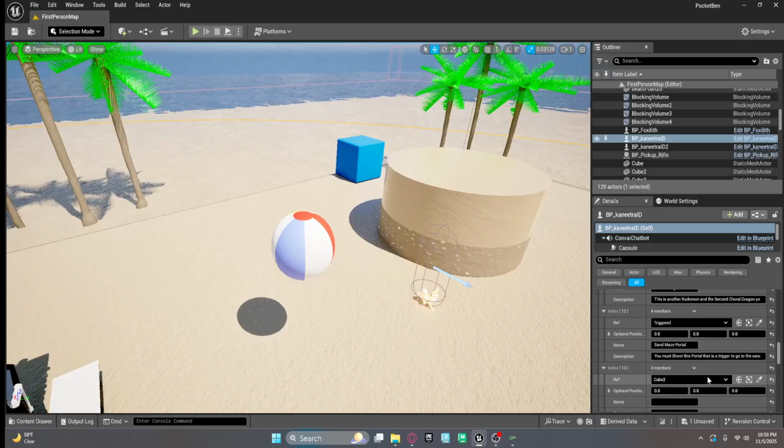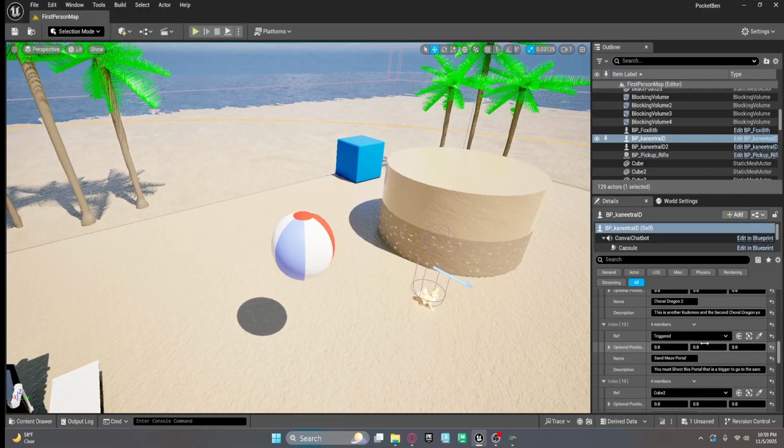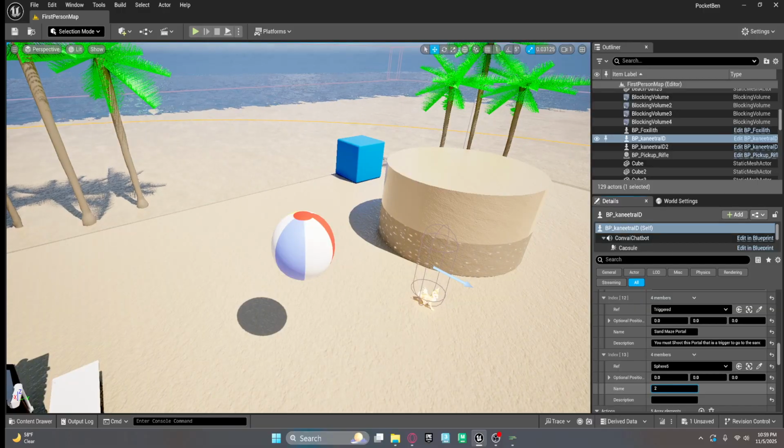We want to do, what do I click on? I don't know, but let's get that one. This is the second beach ball. Second beach ball. This is another beach